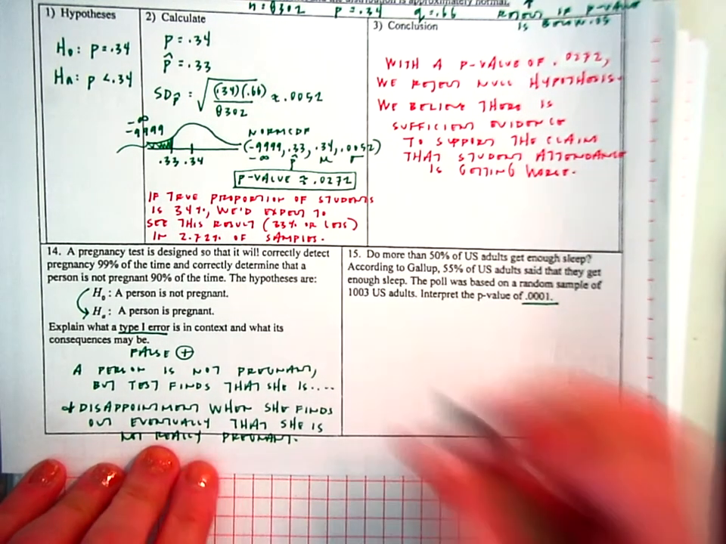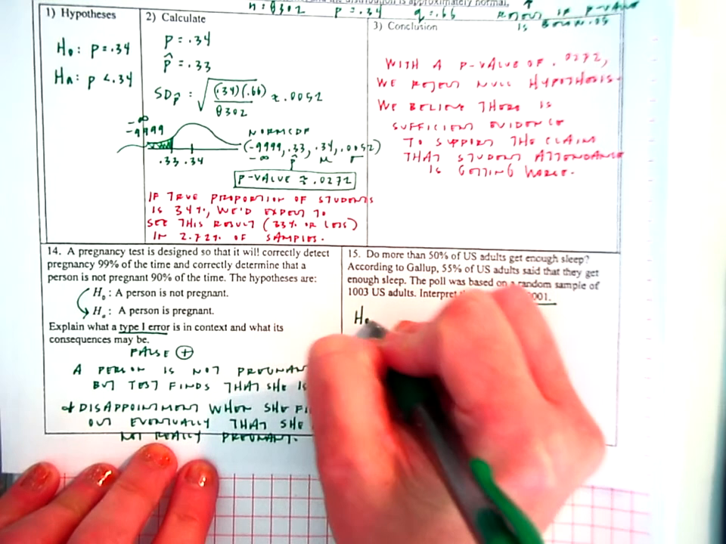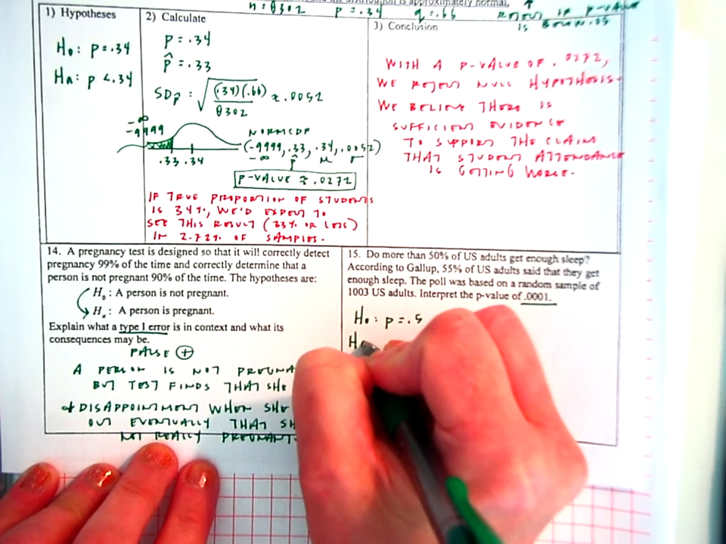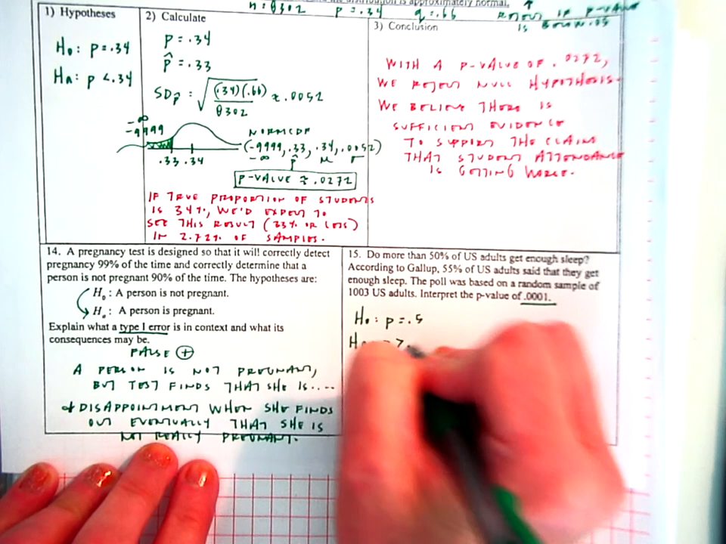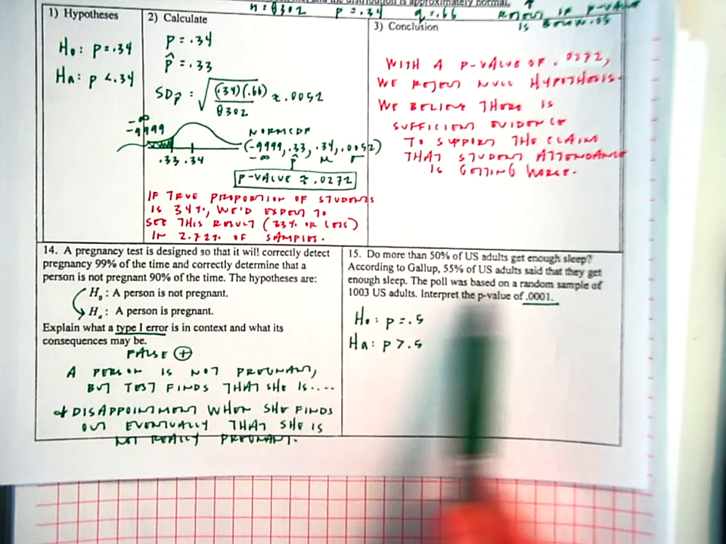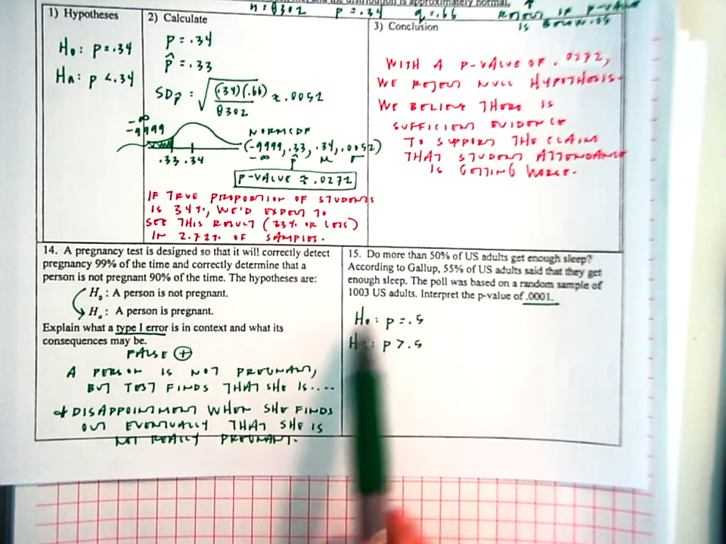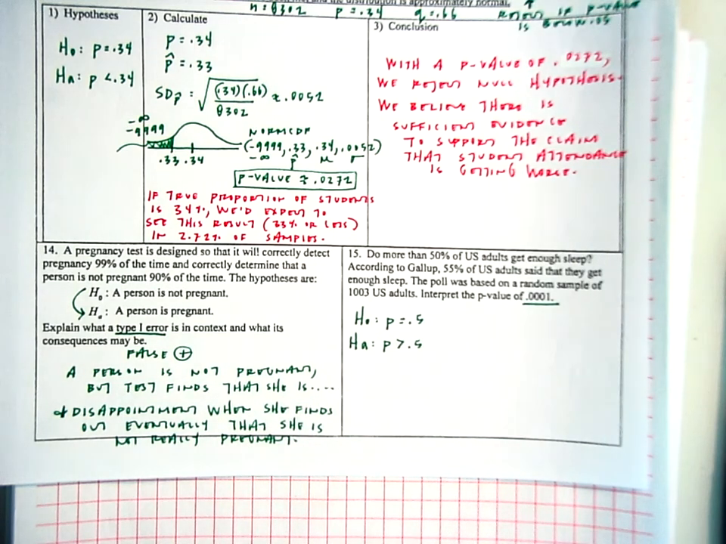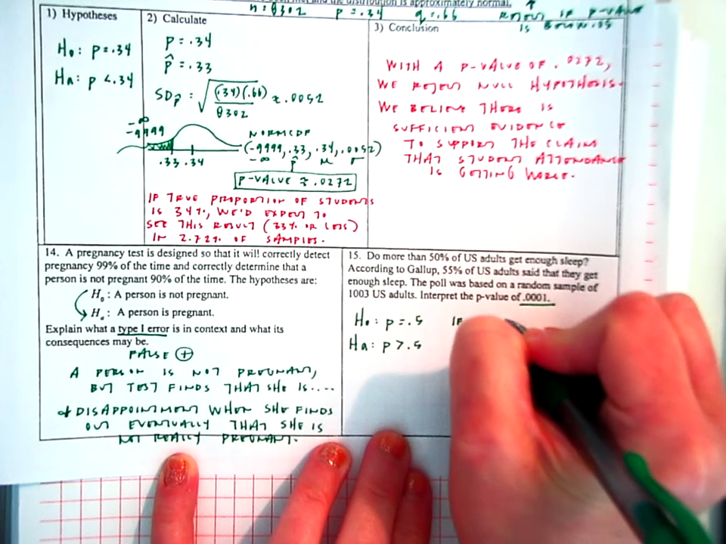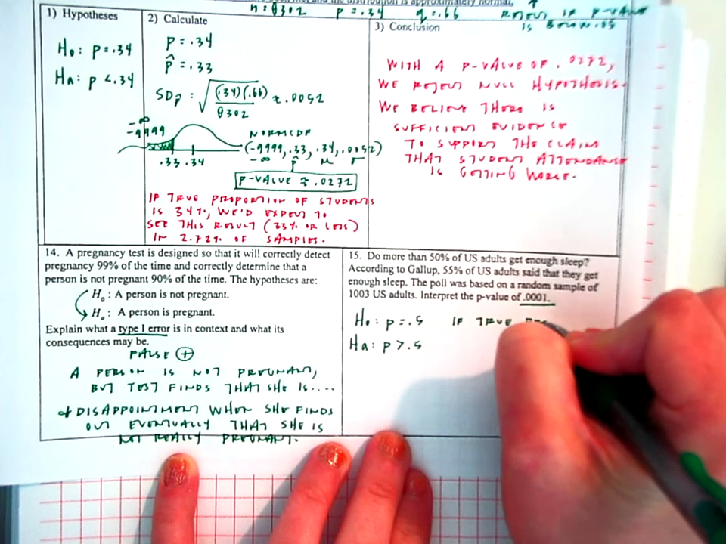So in this context, the null hypothesis would have been that p equals 0.5, and then the alternative that p is greater than 0.5. Okay, so saying that it looks like it has increased, right? That maybe it's more than 50% that get enough sleep. So the p-value of 0.0001 is so tiny. What is it saying? It's saying, well, if the true proportion, if that true parameter is 50%,